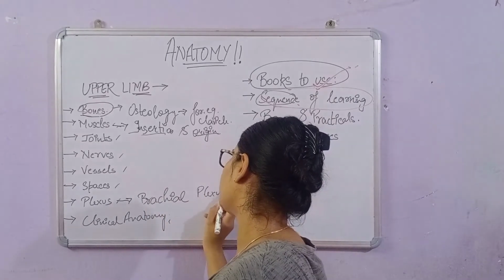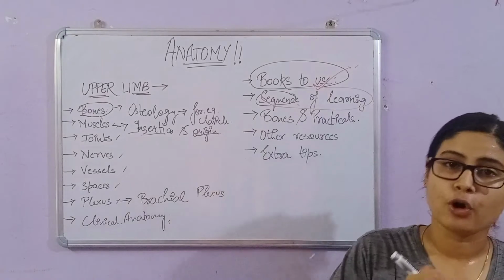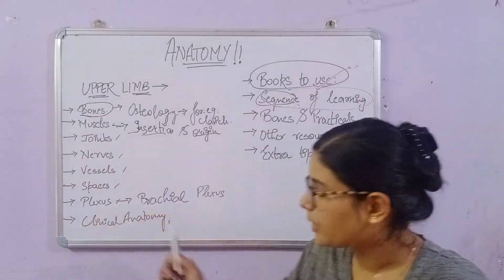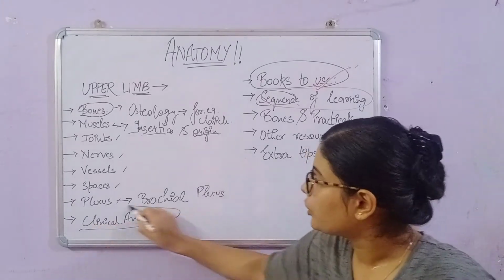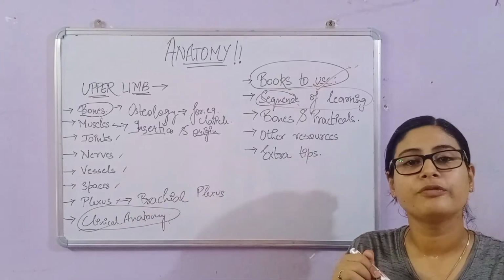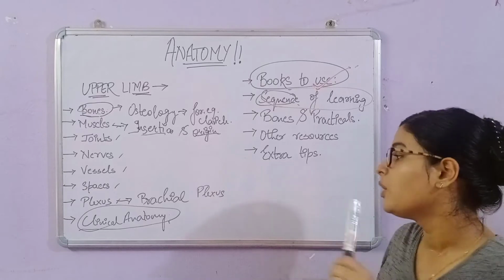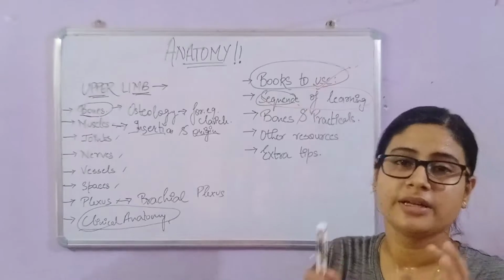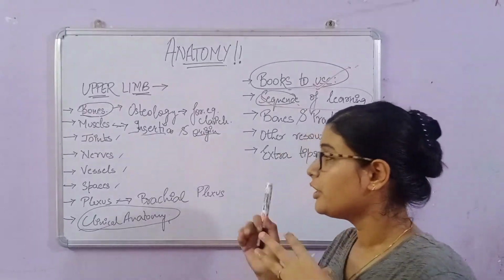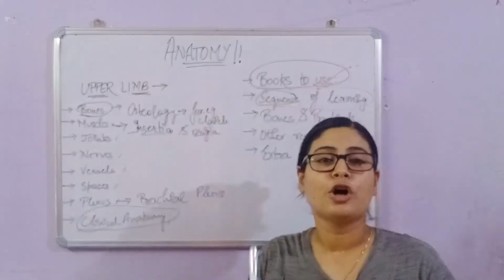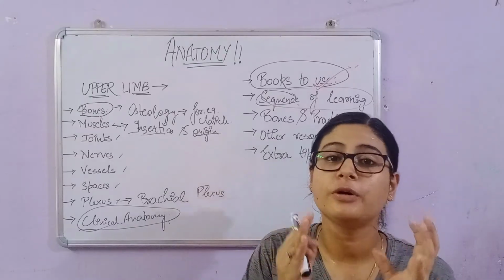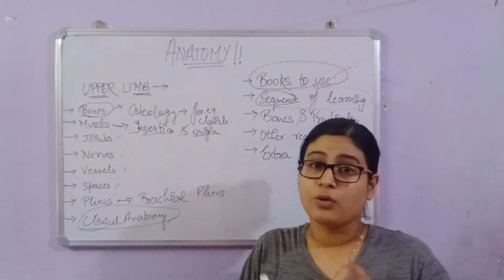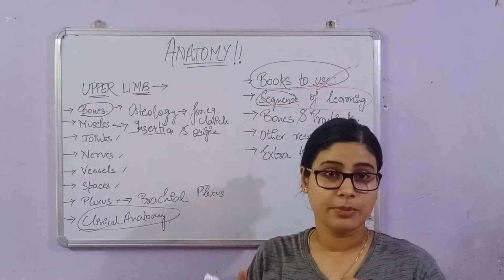And the most important thing about anatomy for all the paramedics and medical students is your clinical anatomy. It is very, very important to understand clinical anatomy of each and every structure you study. Why? I already told you first years are your basic years, right? When you go through first years, you are talking about normal structure and normal anatomy of the human body. Then you learn about the clinical anatomy, like what can happen, what is the importance of what structure.